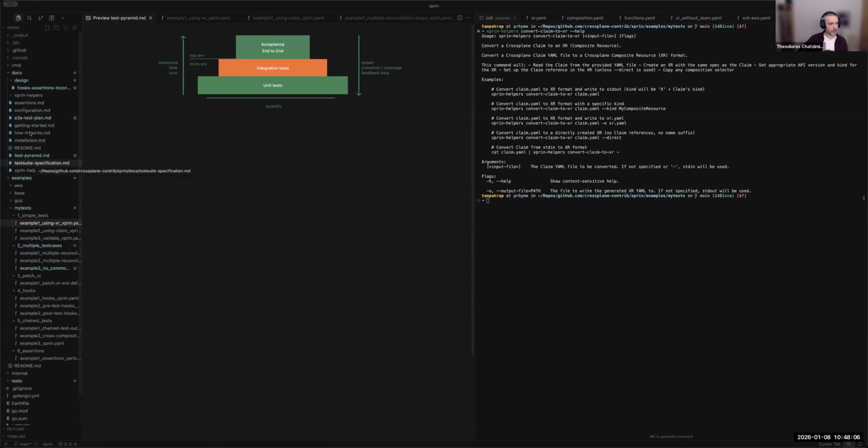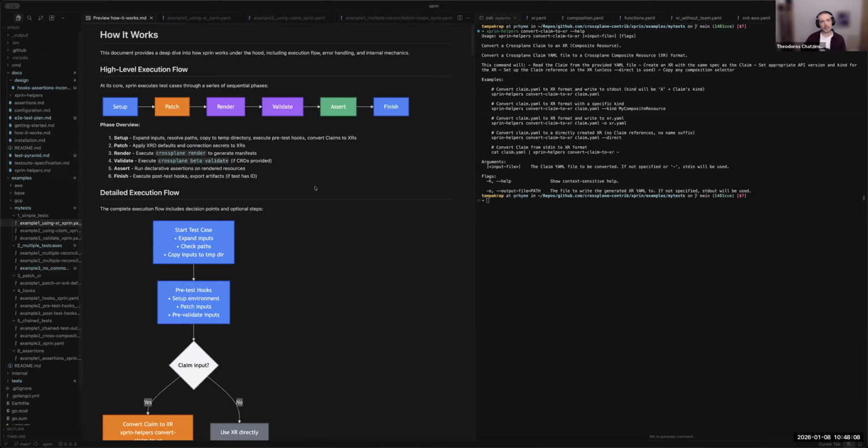At a high level, the testing framework works in these steps. There is a setup step where it executes some preliminary tasks, for example taking the inputs and putting them into a temporary directory so that we can patch them later without touching the original files, or other setup for the testing.